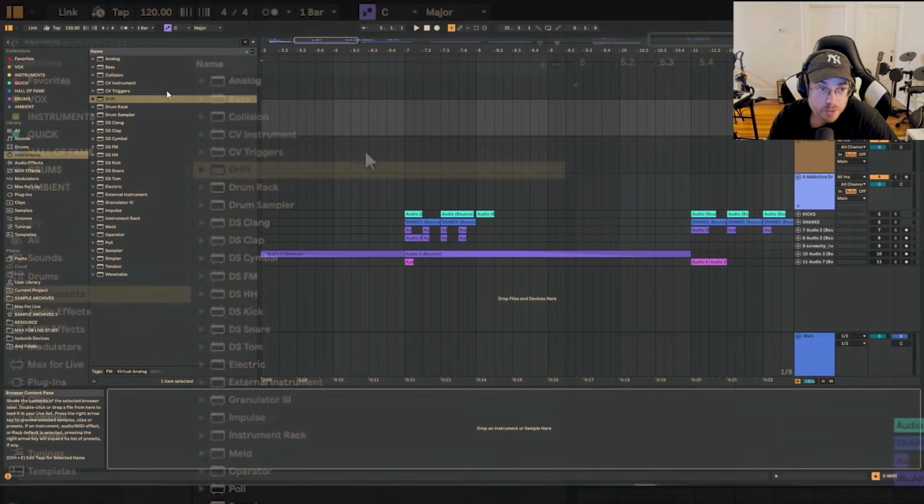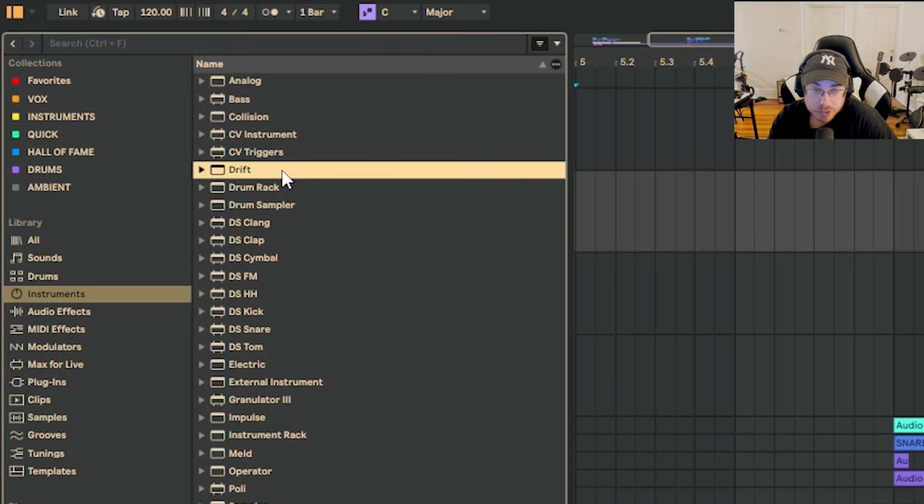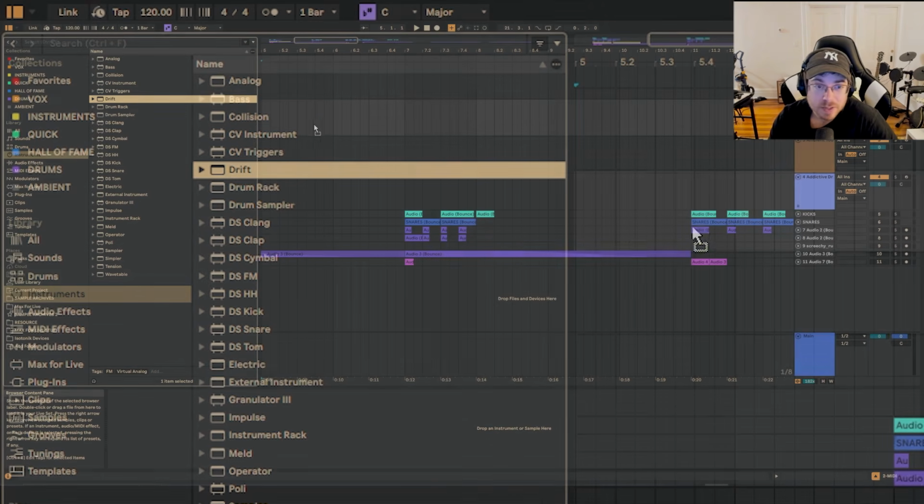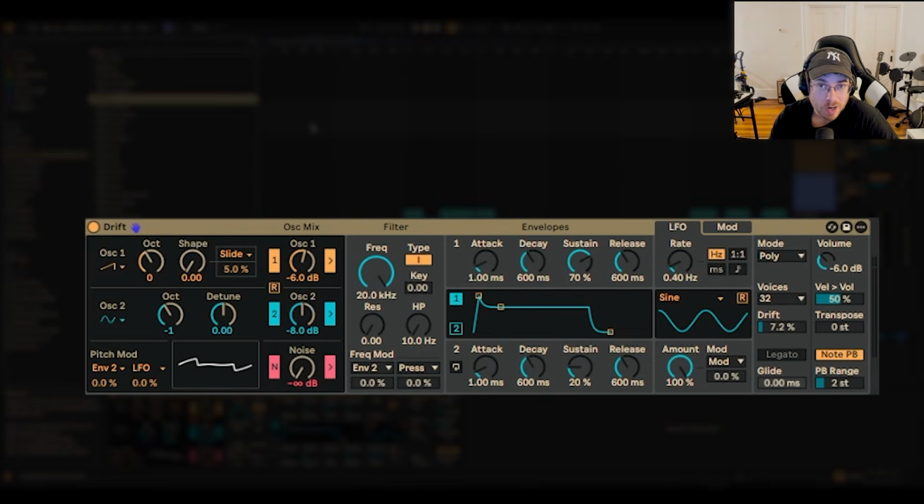Okay, so to get started, we're going to go to Instruments and Drift. Now, Drift came out around Ableton 11.3, I think. So if you're on Ableton 11 or 12, you probably have it. It's with Intro, Standard, and Suite. It's basically an analog-inspired subtractive synthesis, which is a very traditional, more basic form of synthesis. It's a great synth. It's limited, but that is also its advantage because you can experiment without getting